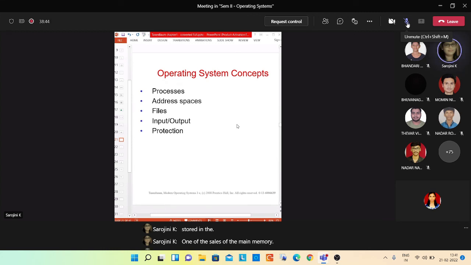Now, whichever data is currently needed will be brought from the secondary memory to main memory. So this is called swapping. Through swapping, it will manage to execute the process.